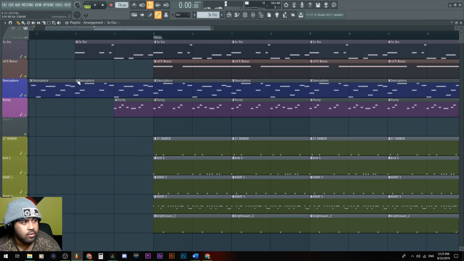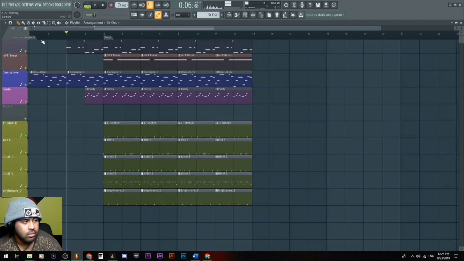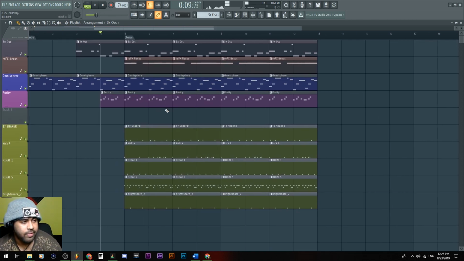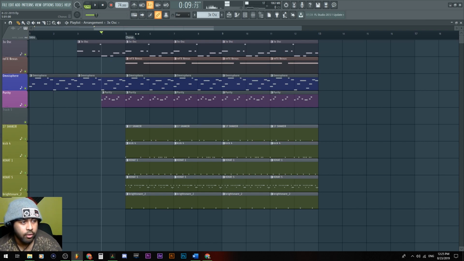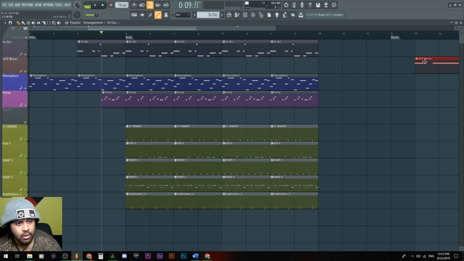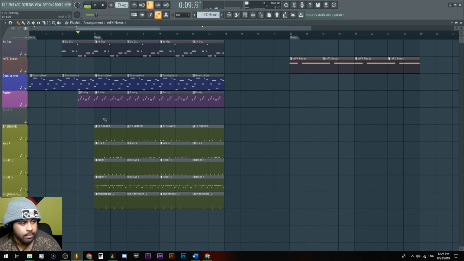So yeah, so you see, it's always the further left part. Do I want it to be the chorus right now? I don't know. Maybe if I don't want to label it as a chorus right now, maybe I want it to be like a verse or something. You would usually want to have a signature sound for the chorus alone. In this case, I'm using this Nexus sound. So yeah, let me move that there. I'm just keeping that out of the way.